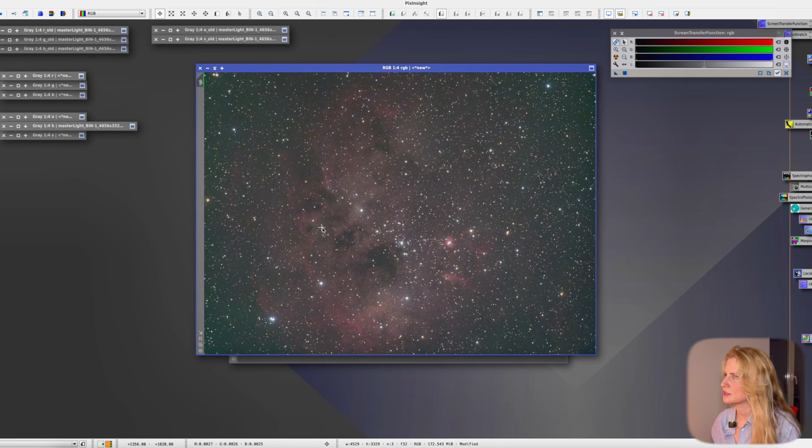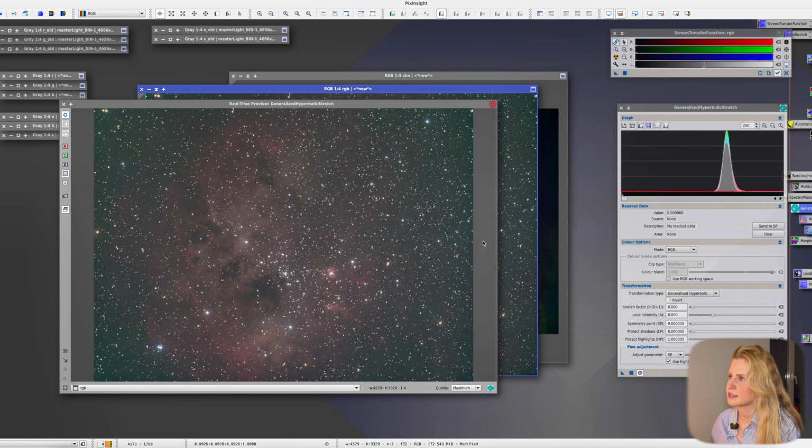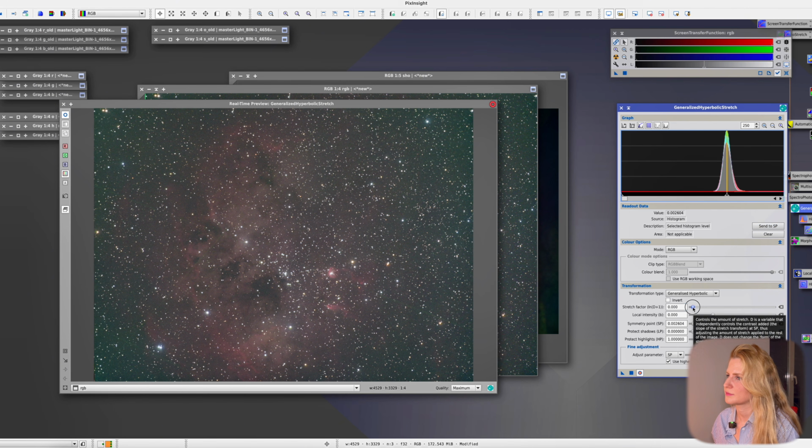So I will open GHS. Recently, I've been using GHS a lot. When we have the peak, that is most of our background, and then we have this right-hand side, which is a bit towards the right, and that's all the red hydrogen nebula that we have. And then the stars and everything else are just such a tiny amount of data that they're all over the place here to the right, but we just don't see it. So I will just select the middle